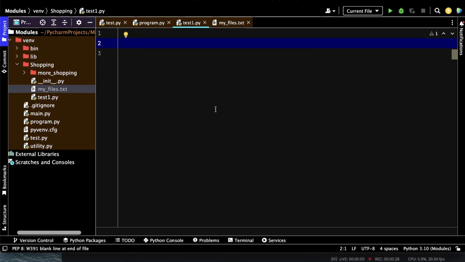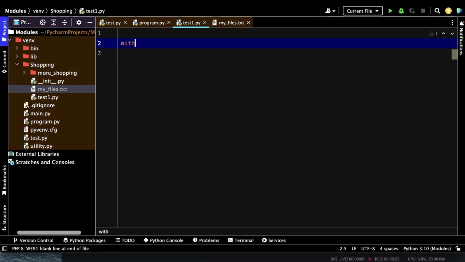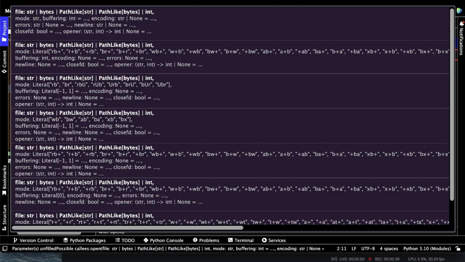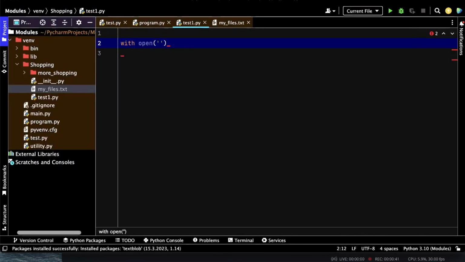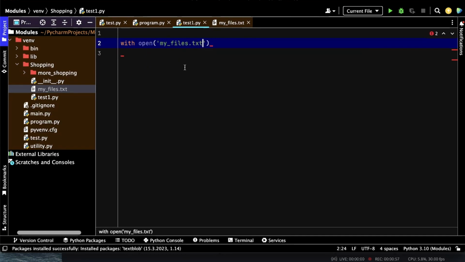So we're going to start by typing with open and then the name of the file we're gonna read. I've already created a file here. My file is .txt, so that's the file I'm gonna read, and then comma r, which stands for read,